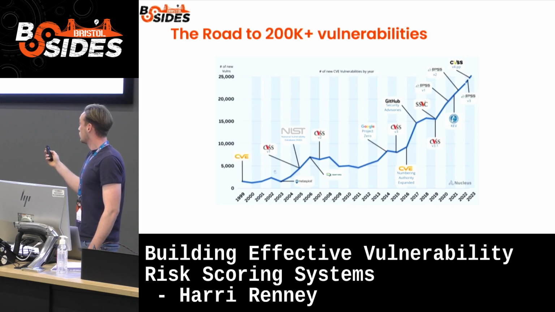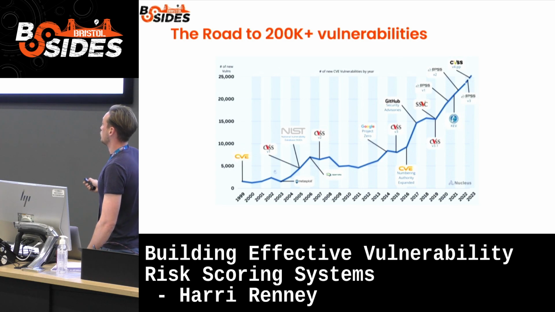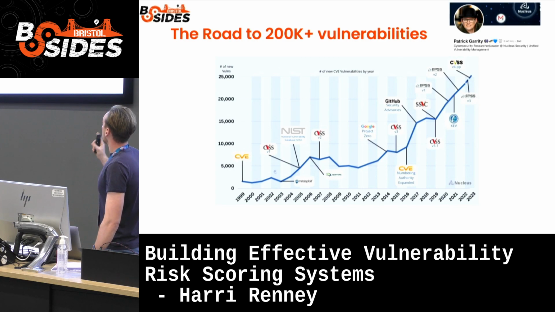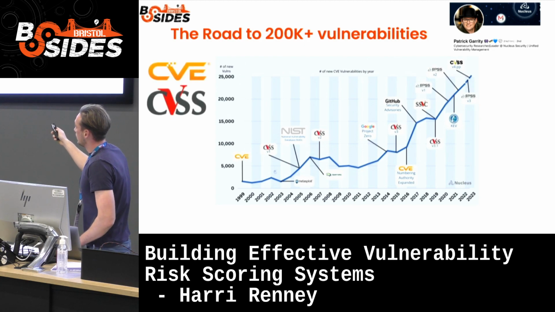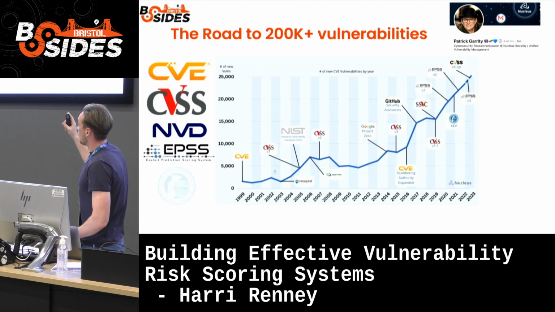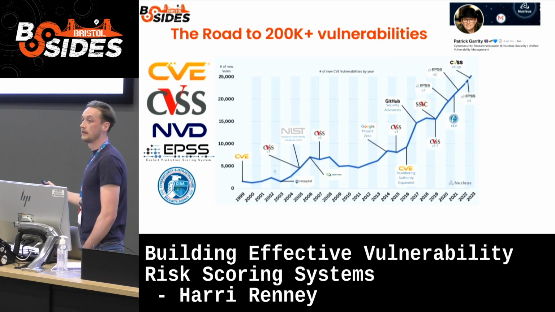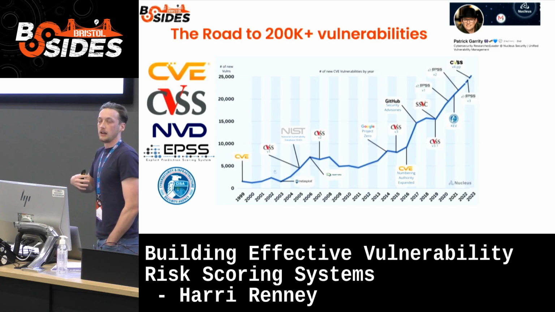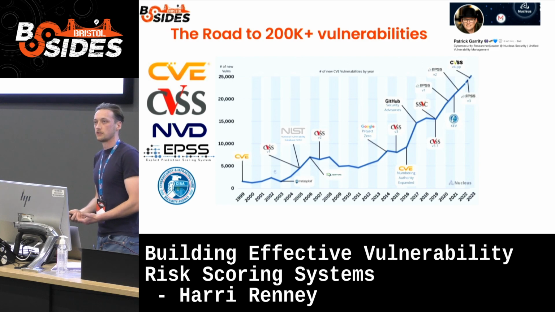This is a really cool graph of the growing number of vulnerabilities, but also all these open standards that are being released with new iterations and versions. I highly recommend you check out this guy on LinkedIn. He came up with this graph. He's got loads of cool vulnerability visualizations. But the key takeaway here is that while the vulnerabilities are increasing, the open data available out there is maturing. There's more information, more data out there that you can utilize to really prioritize your risk score now.